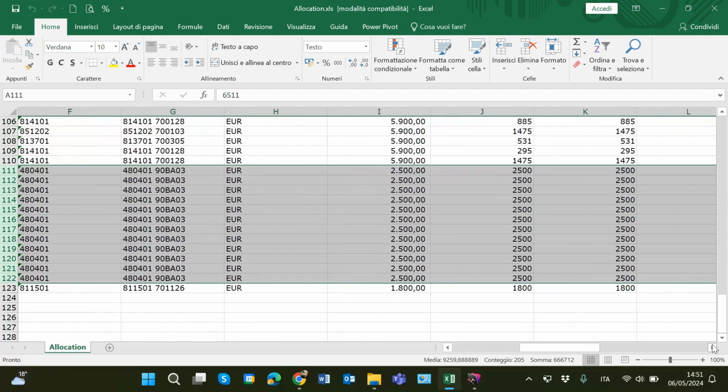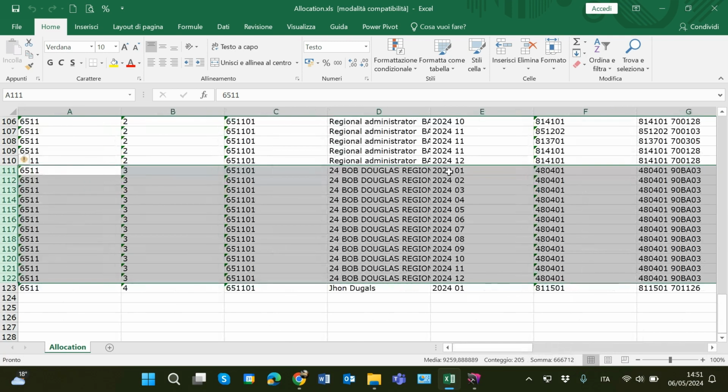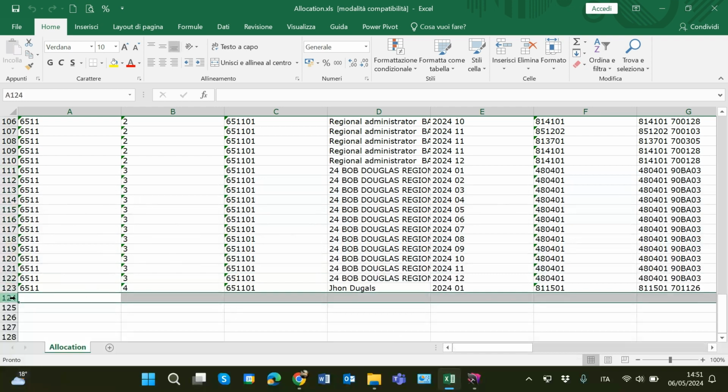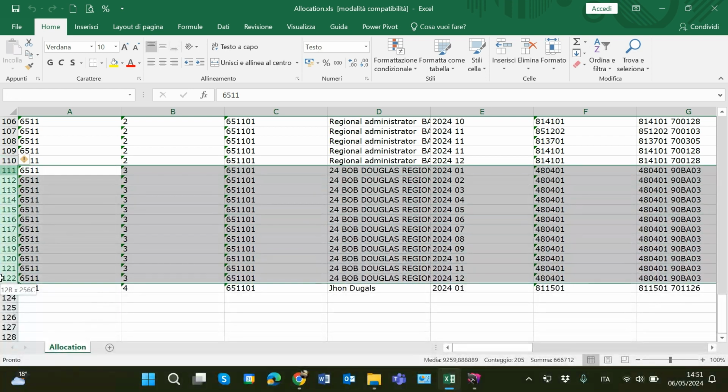We see that we have 12 months allocation here from January until December for the number 3. So what I do, I just put myself here. I copy this allocation structure